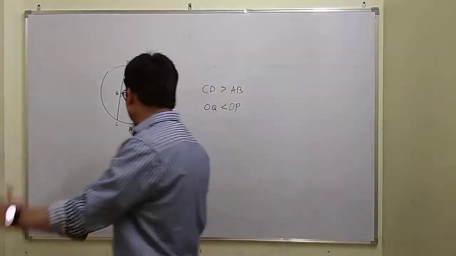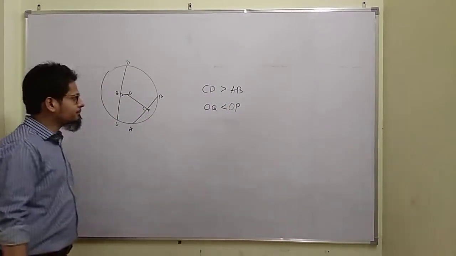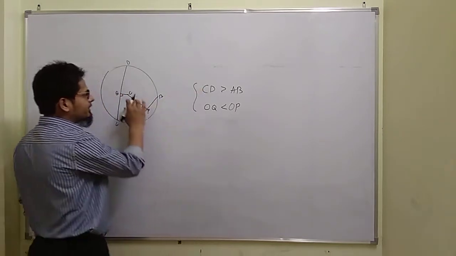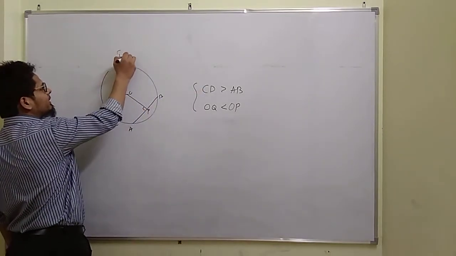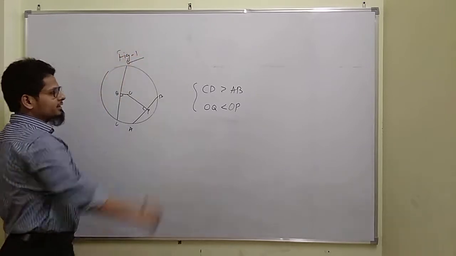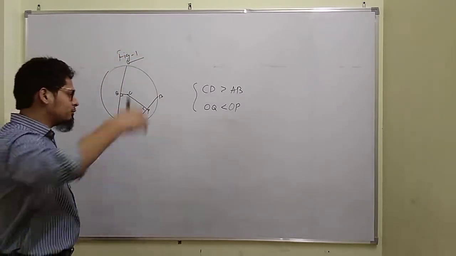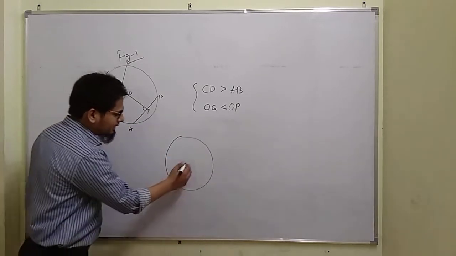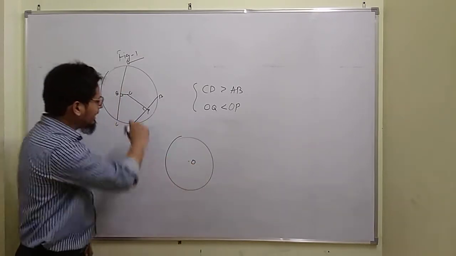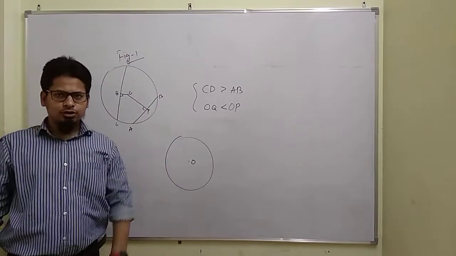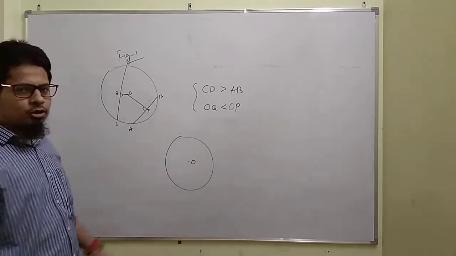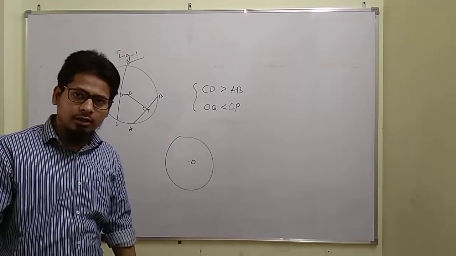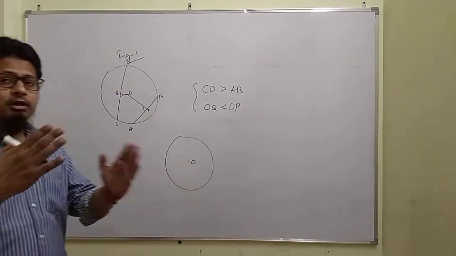Okay, another figure I am drawing here, class. Suppose this is the observation from figure 1. I just let it be figure 1; it is not finished. I draw another figure here, with center O. Again I draw this figure, but with some change. The change is that earlier I took two chords of unequal length, one shorter and one longer.